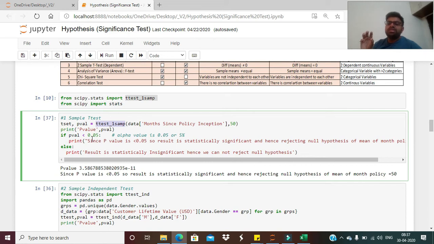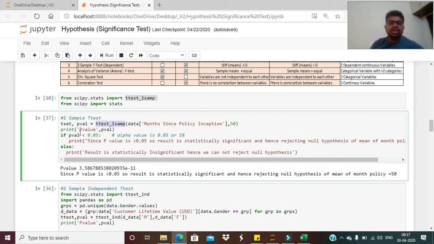Like if I'm just assuming 50 as my null hypothesis number, the average month, then the 95% interval will consider my 50 as a whole interval range, right? So this is what essentially reflects how confident you are about the data, right? And the remaining piece of the confidence interval just becomes your significance level. On the basis of that, you decide whether you need to reject your null hypothesis or not.